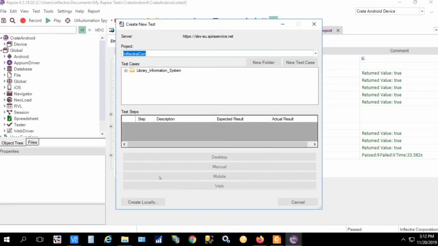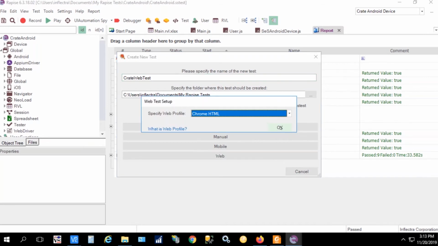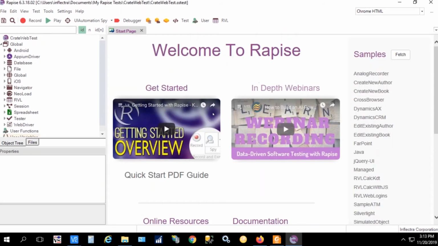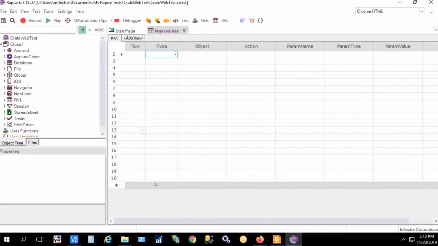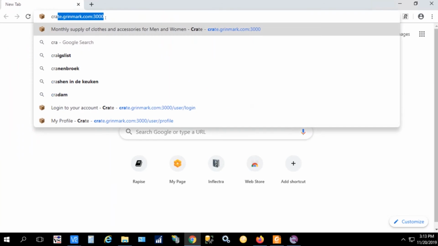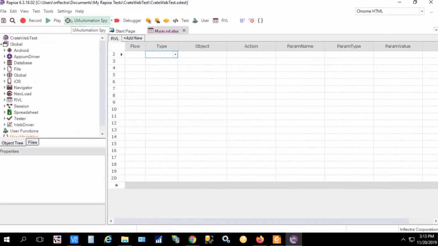So I'm going to create a new test in Rupees. Let's call it Create Web Test. It will be web test, so I'm choosing web here. I'll use Chrome for recording, and I'll use RVL, Visual Language. So here is an empty test. I'm starting Chrome and navigating to the application. So this is the application we're going to test. And I start recording